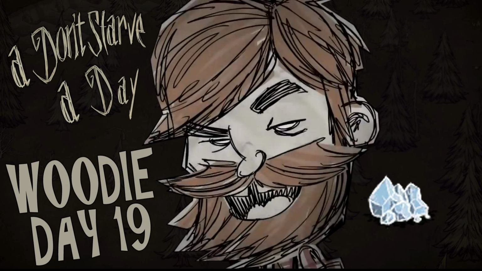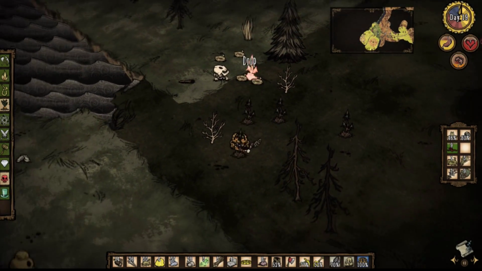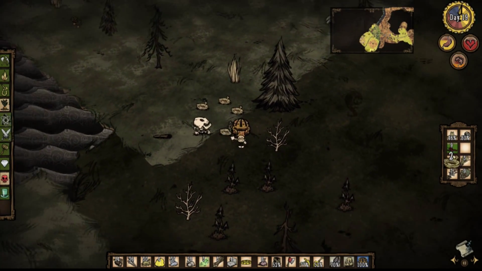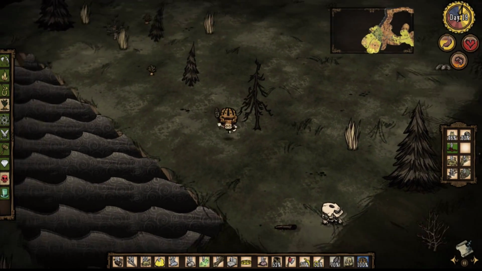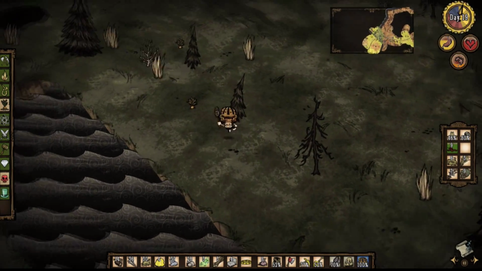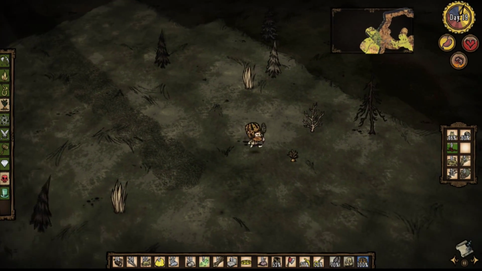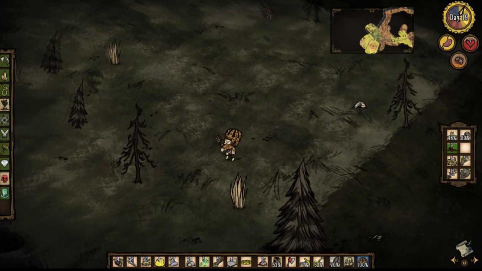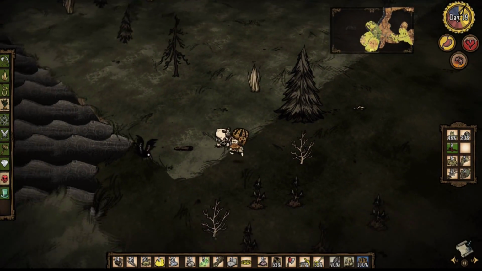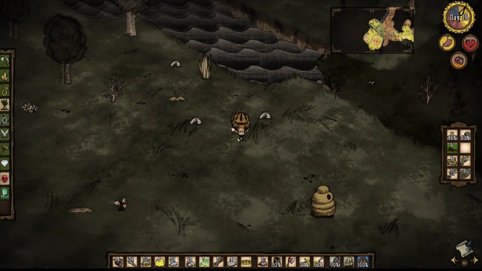Alright, we're back and planting some trees. Woody is a very environmentally conscious lumberjack. Cuts down a lot of trees, but he plants many trees as well. Tries to keep order and balance to his lumberjacking. And keeping a good supply of food. Keep that hunger bar full as